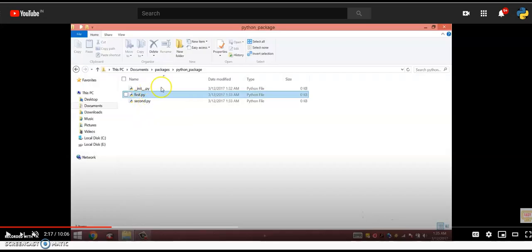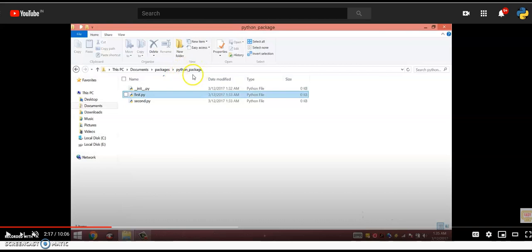Now we are going to create our own package. These are the steps to be followed. First, under the documents folder, you create one folder called packages. Inside the packages folder, you create one subfolder, that is Python_package.